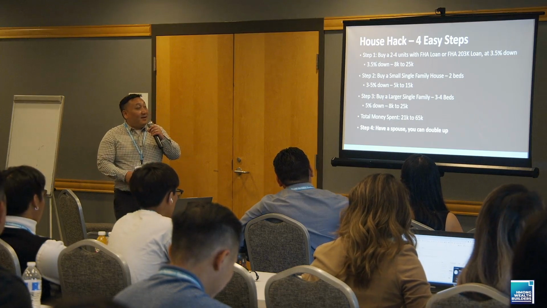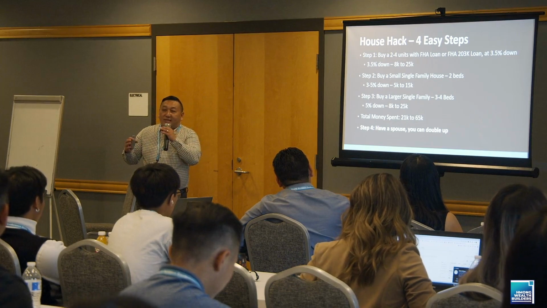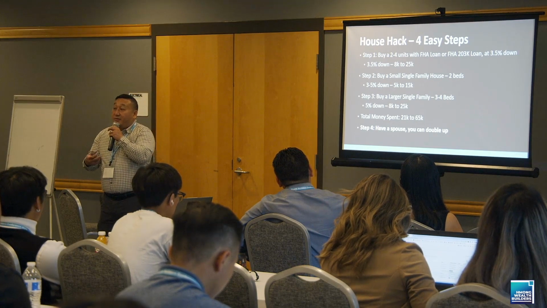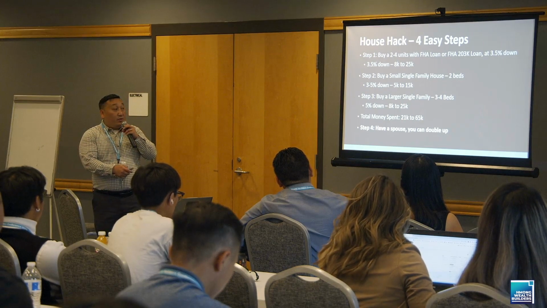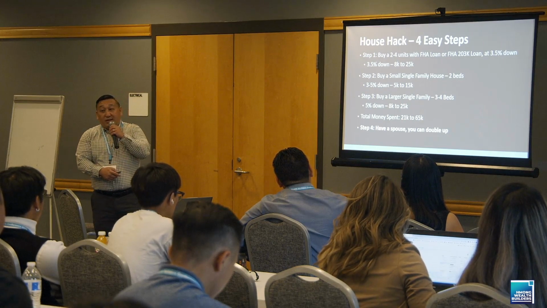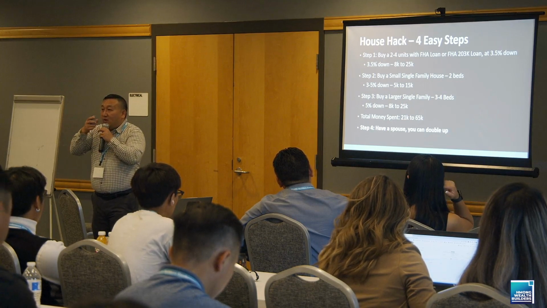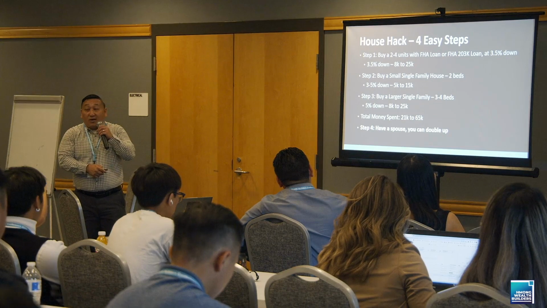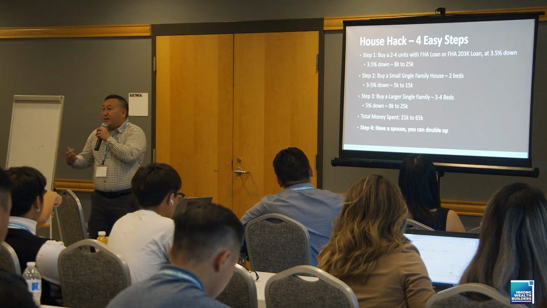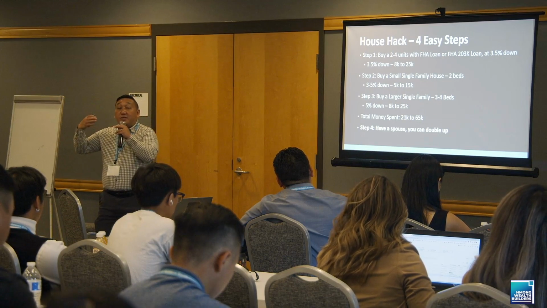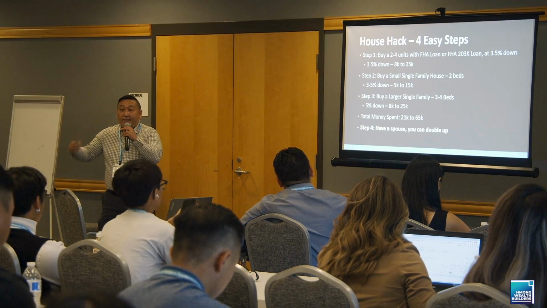All right. Yeah, so the takeaway is that you only need 3.5% down. So you guys could do this with very little money. Or if you have a goal, then you and your spouse, you guys could set the goal saying that, hey, we need about 10,000 or 15,000. Go ahead and talk to a loan officer, right? So you know how much down payment you need. And then you could prep for that. So once you have a goal, you'll be able to save for that down payment, right?